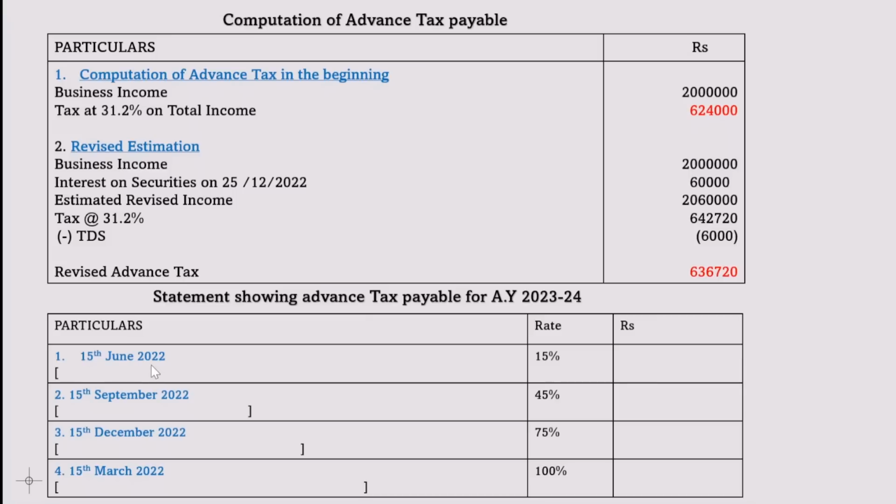First installment on 15th June 2022, 6,24,000 into 15%, that will amount to 1,50,000. Next, 6,24,000 into 45%, that will amount to